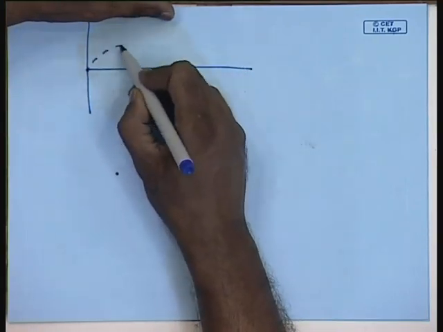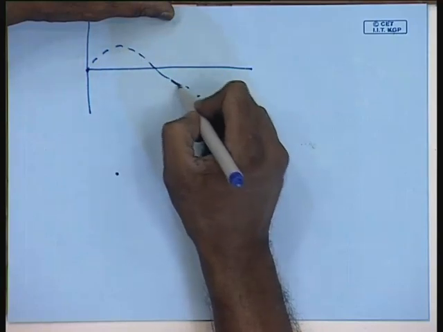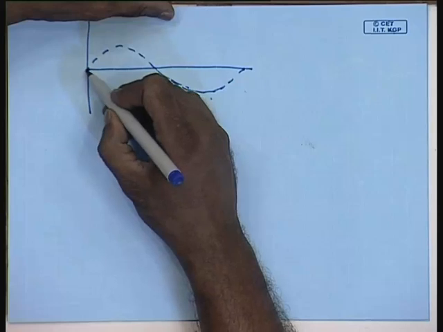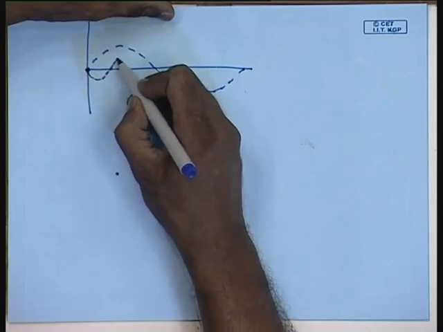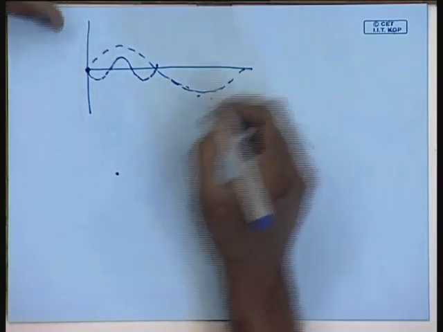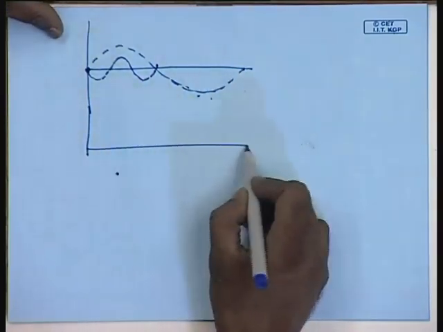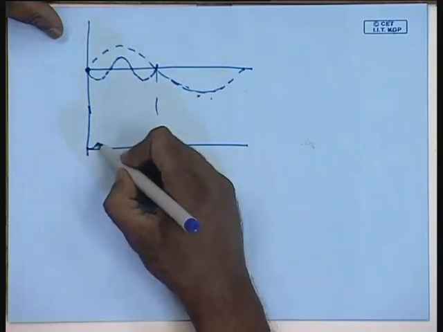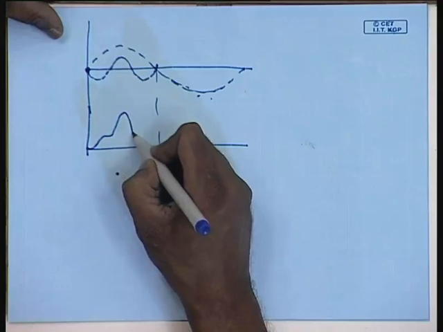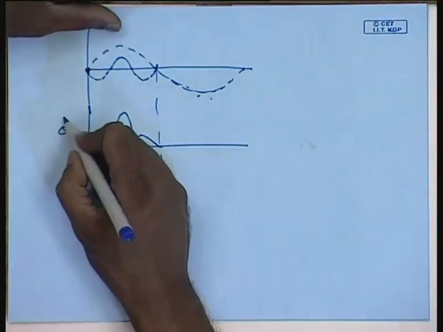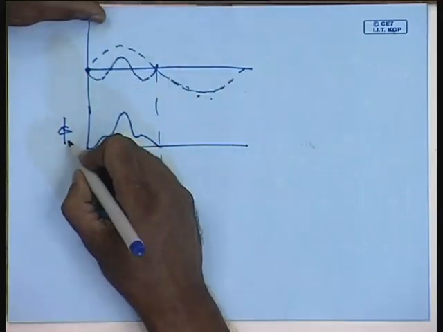This is the sine wave component of the flux. This is the third harmonic component of the flux. So, the resultant flux waveform may show a predominantly peaky nature if additional resistance is connected here,